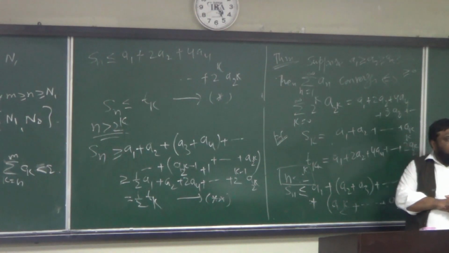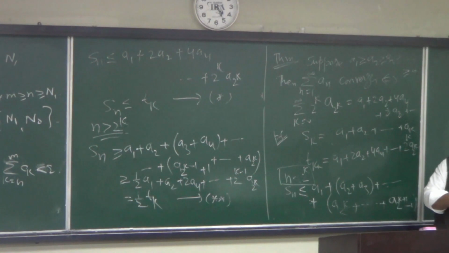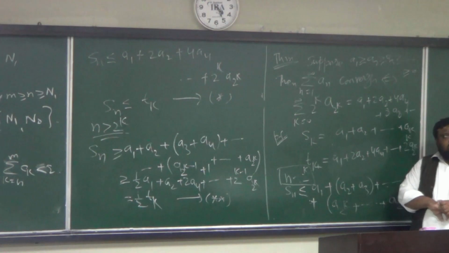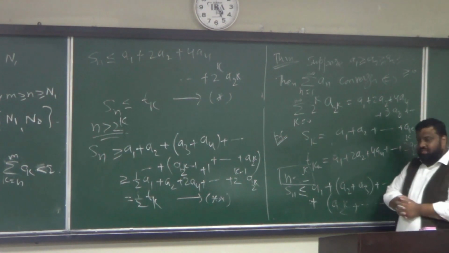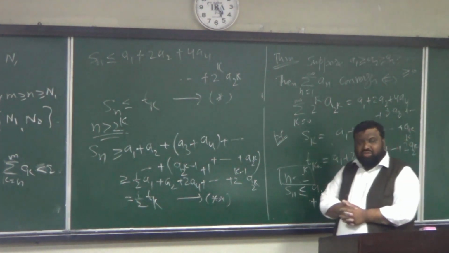One part is bounded and one part, T_k, is bounded. So the conclusion is